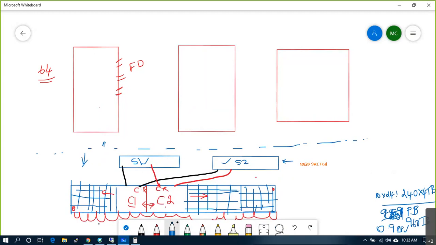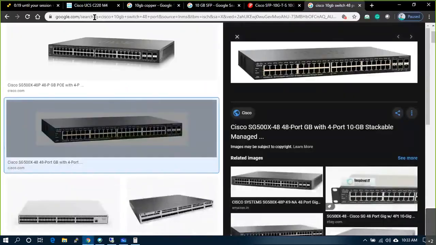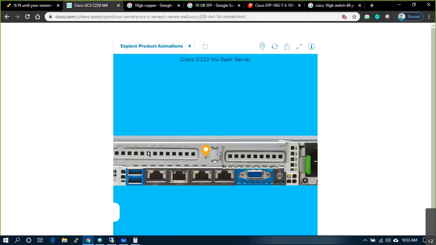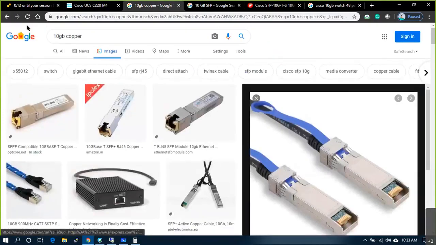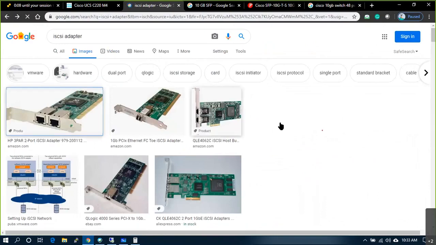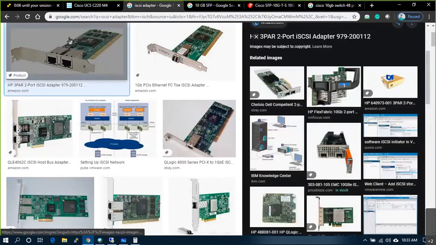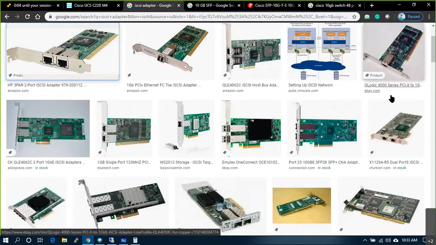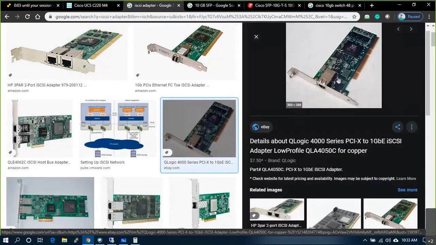So as a VMware admin, what is your duty? You need to remove these two patch panels or PCI slot patch panels, and you need to insert this kind of adapter, two adapters, on the back side of the system.